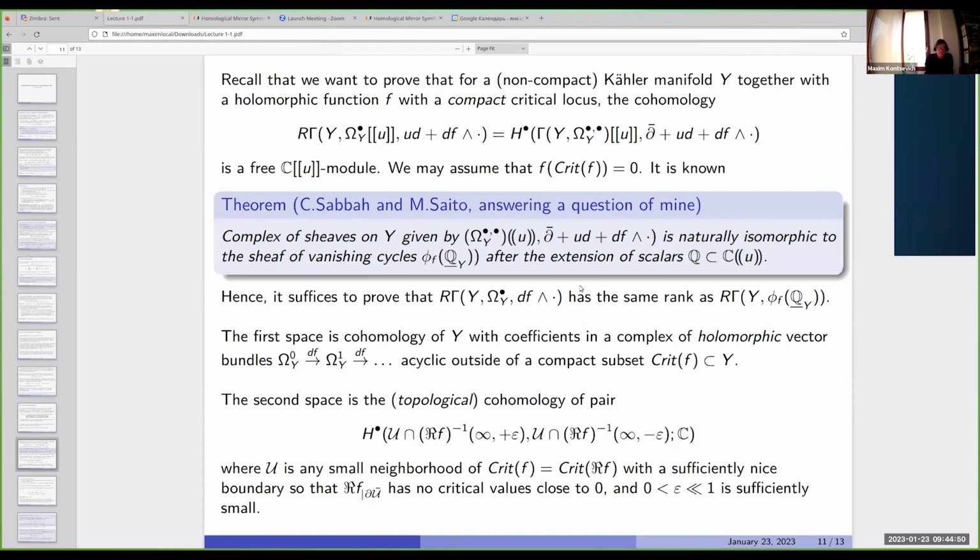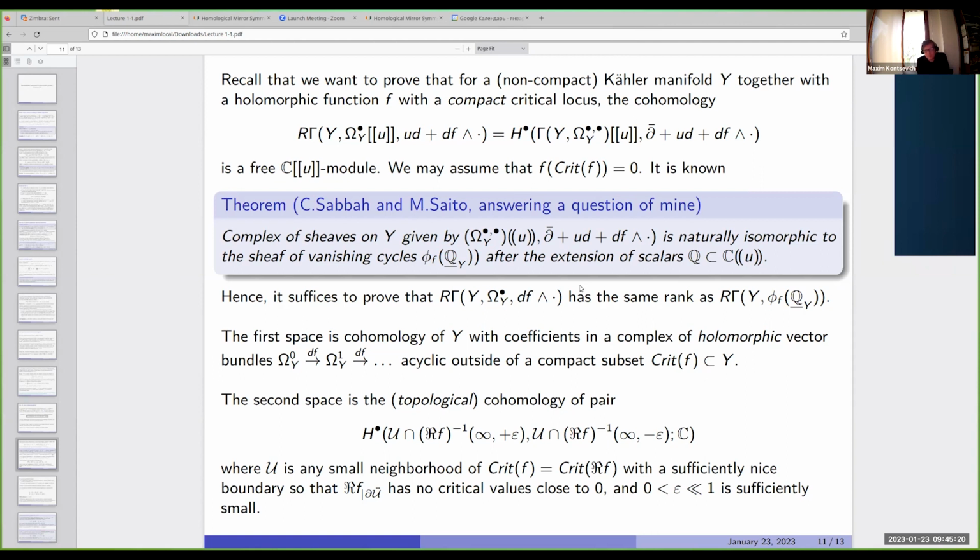It's cohomology of Y with coefficients in the complex of holomorphic vector bundles in the Dolbeault resolution. You consider forms of all degrees and differentials given by multiplication by df. And these complexes are acyclic outside of a compact subset, the critical locus. So this cohomology space has pure holomorphic origin. The second space, vanishing cycles,